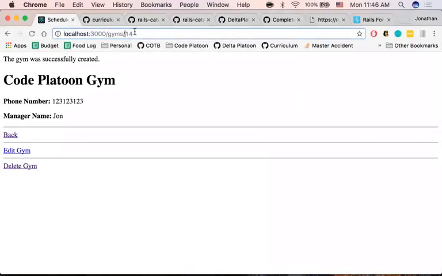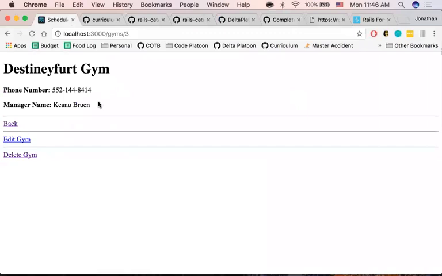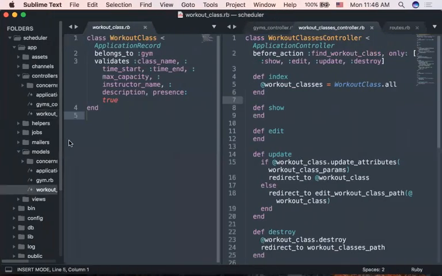So if I go to /gyms, it lists me all the gyms. Let's say I want to go to Destiny Fert. When I go to Destiny Fert here, I want to see all the classes that are associated with this particular gym. So I'm going to add one more URL right under the manager name that says something like all classes. So I'm going to go to the views, to the gyms show page,